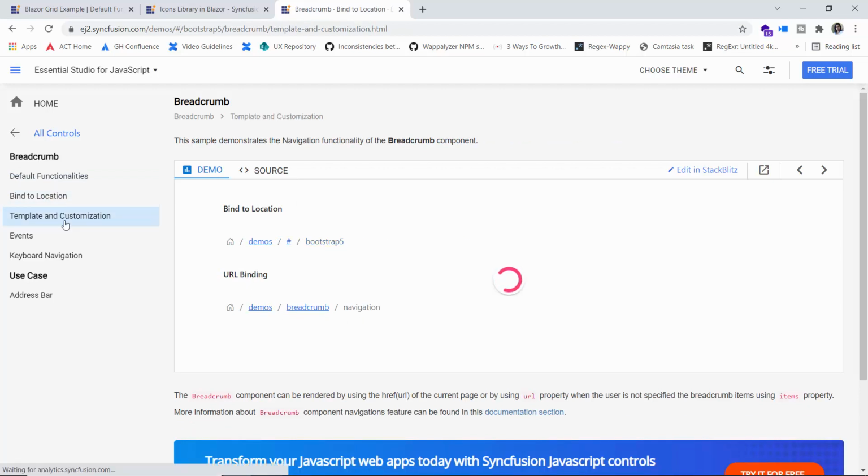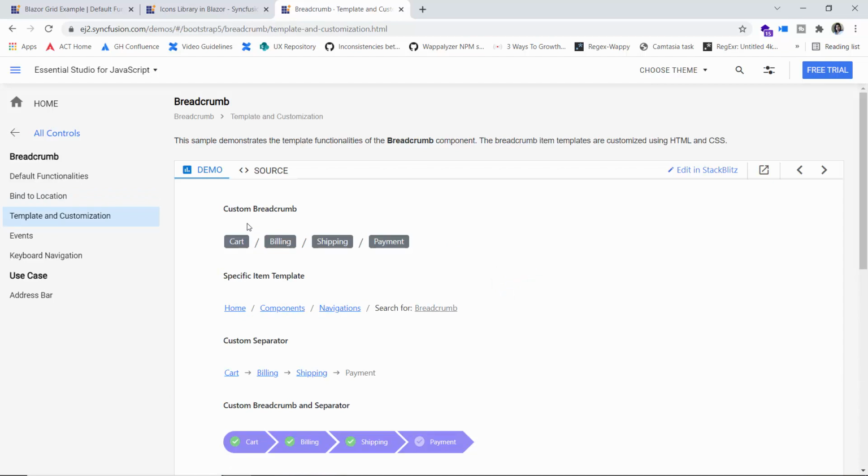So let's see the way it can be customized. Here you can see the custom breadcrumbs. Each of the items is customized, and in the second template you can see a specific item has been customized. The last item is customized with an additional string appended to it.